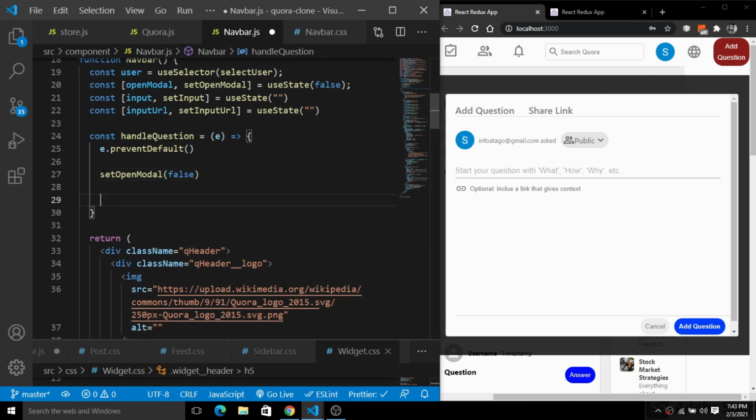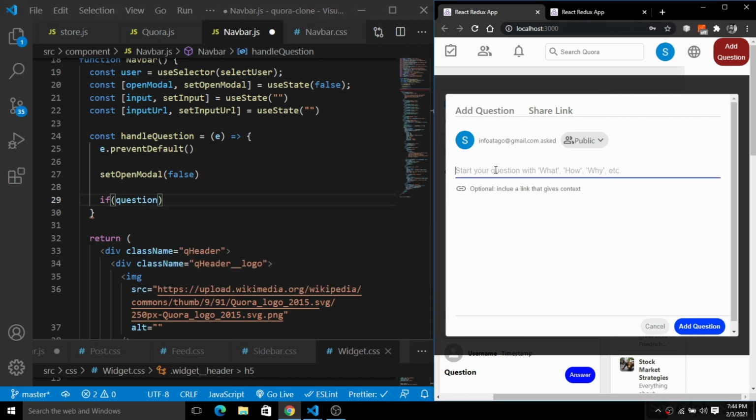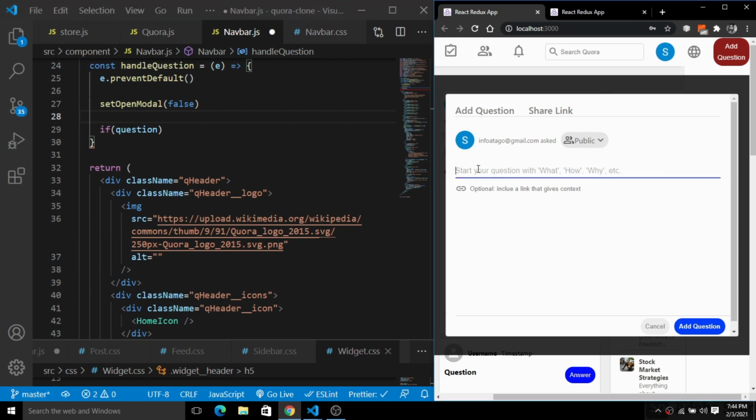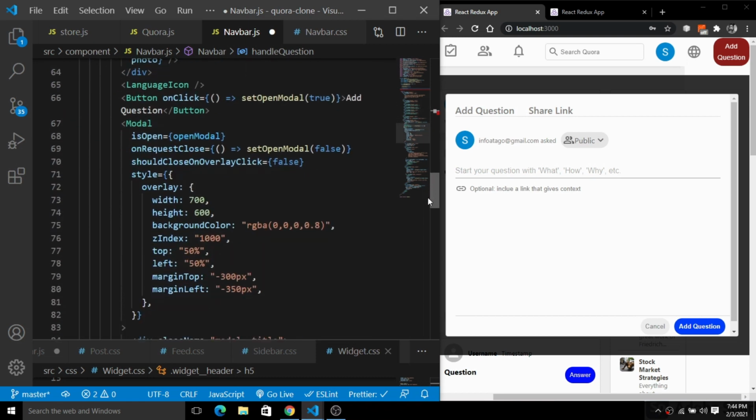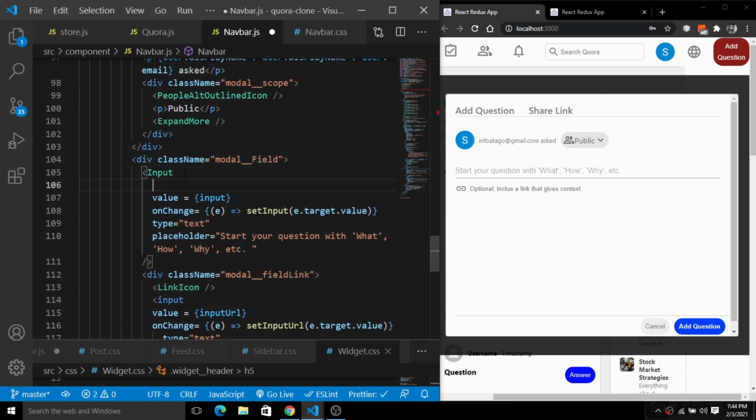Okay, now we will push that question directly to the database, so if we have this question passed here, I'm going to make this required. That way, when the user tries to push the question, it will ask the user to fill it in, since it is necessary to pass us some question. So inside of this input field, I will add the required property.